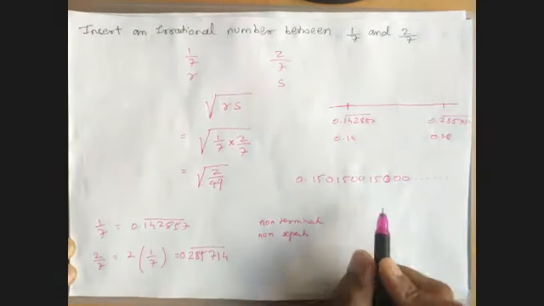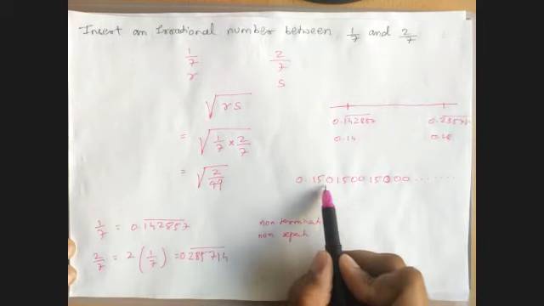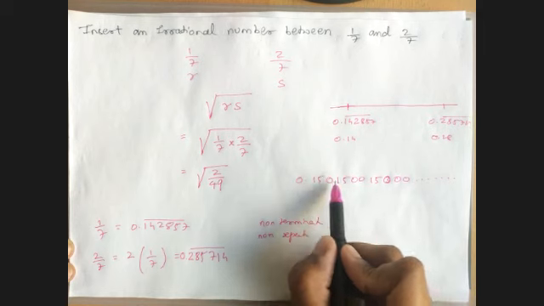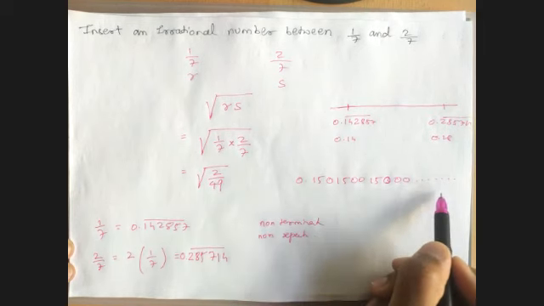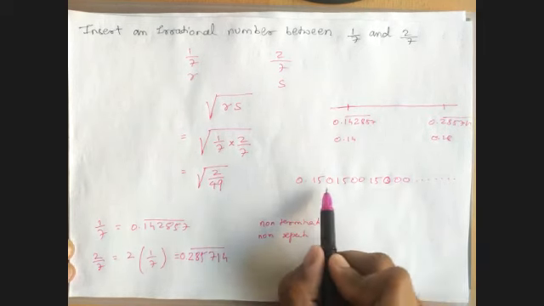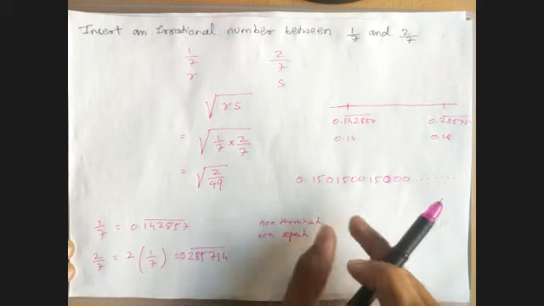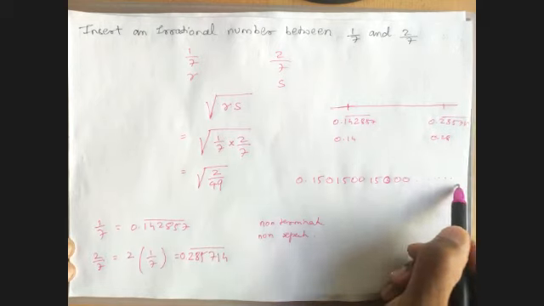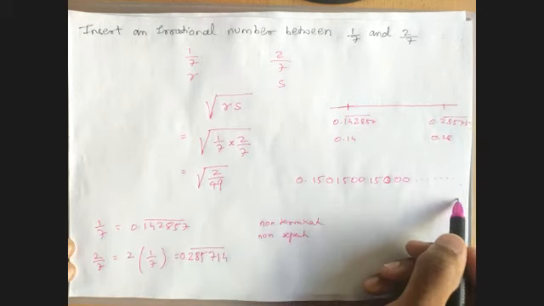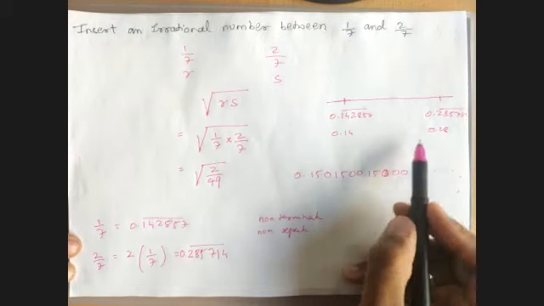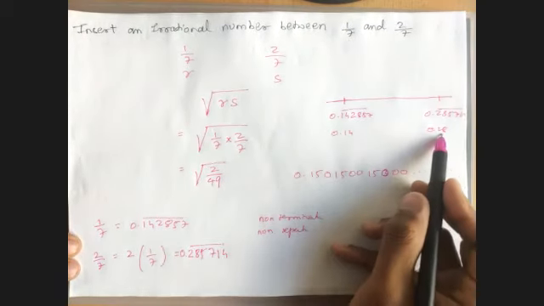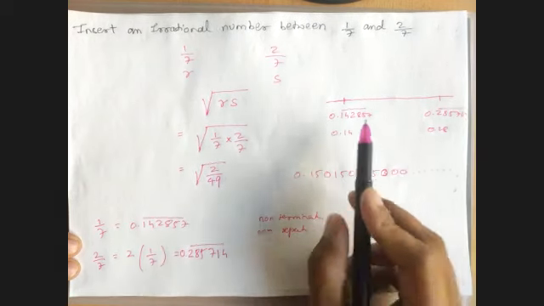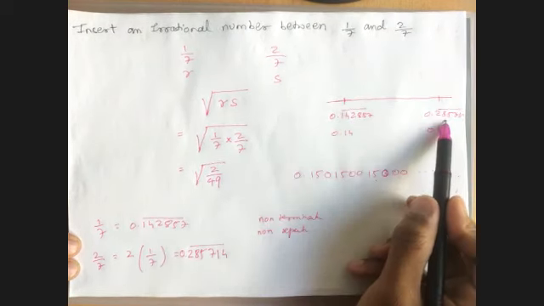dot dot. If we see here, no set of numbers is repeating again and again. You can tell that 1 5 is repeating. 1 5 is not repeating again and again. It is coming in between, but it is not repeating. See, there is no repetition of a sequence of numbers. And it is non-terminating. So we can consider this as an irrational number. So this is in between both of these, because if you consider the first two numbers, it is in between. So it is an irrational number between 1/7 and 2/7.